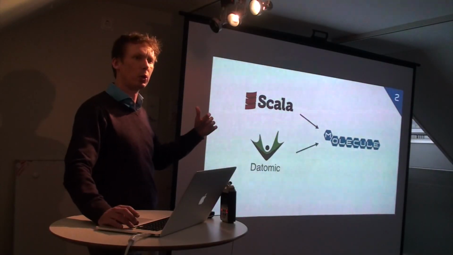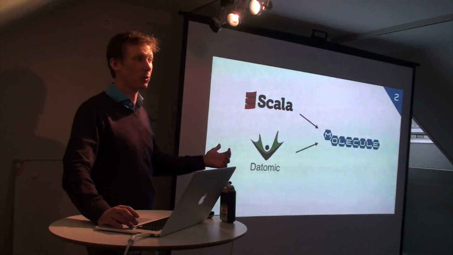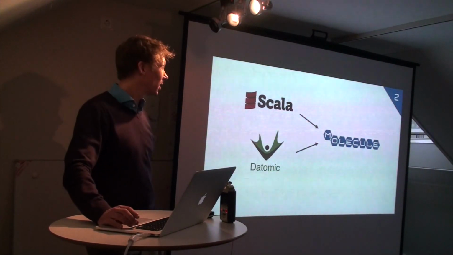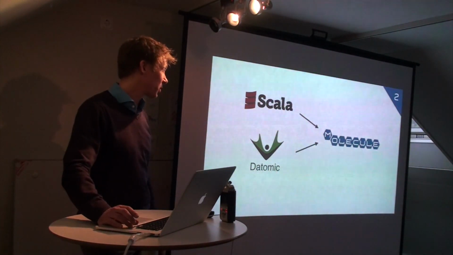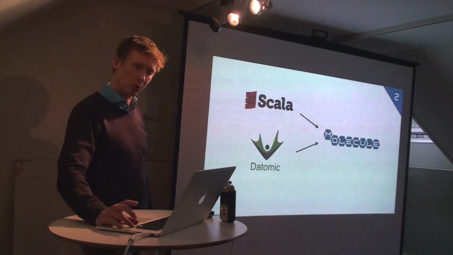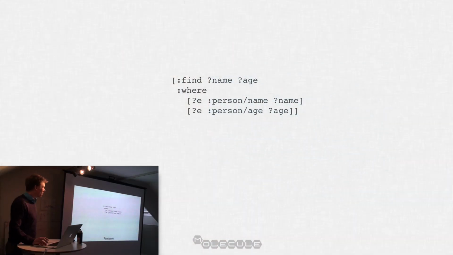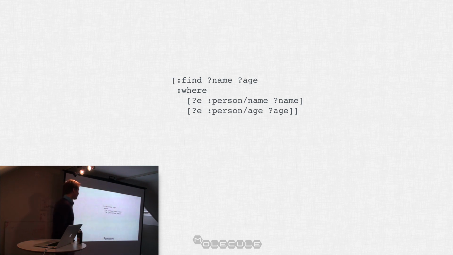Instead of writing these queries as text strings, which of course is really error prone, I wanted to use Scala and the type system of Scala. So I basically needed to write something like that, which is what Atomic expects, which is like a query language